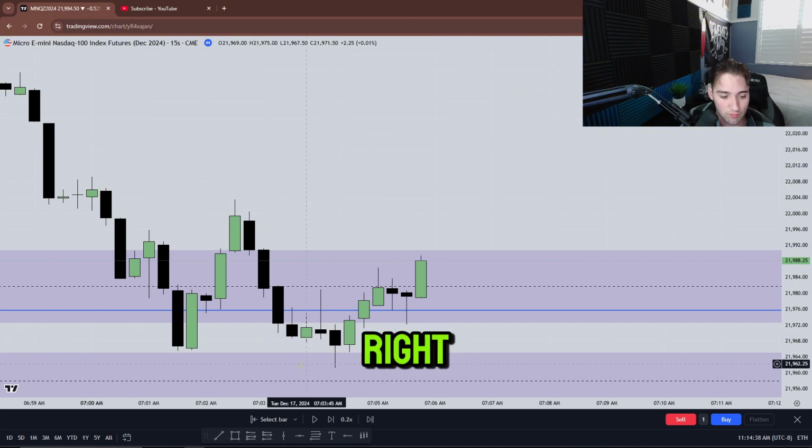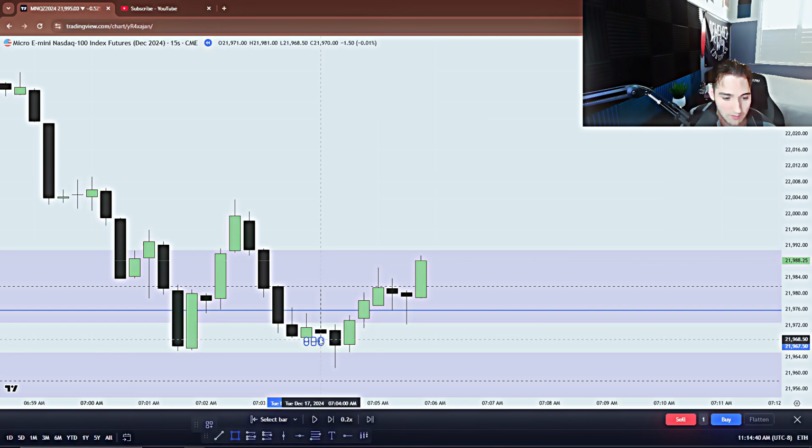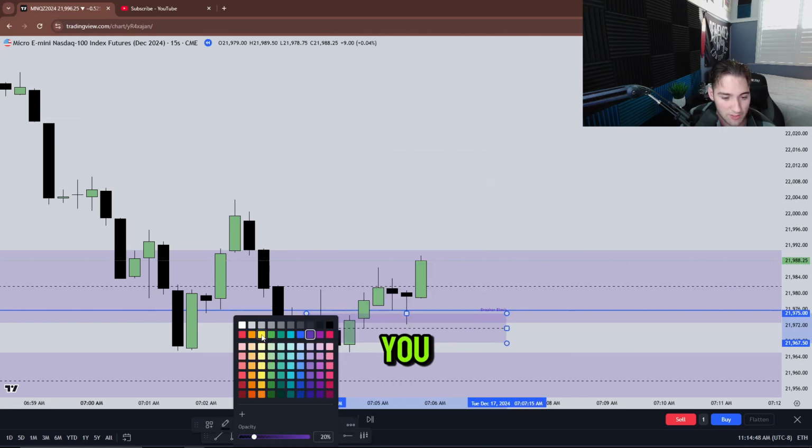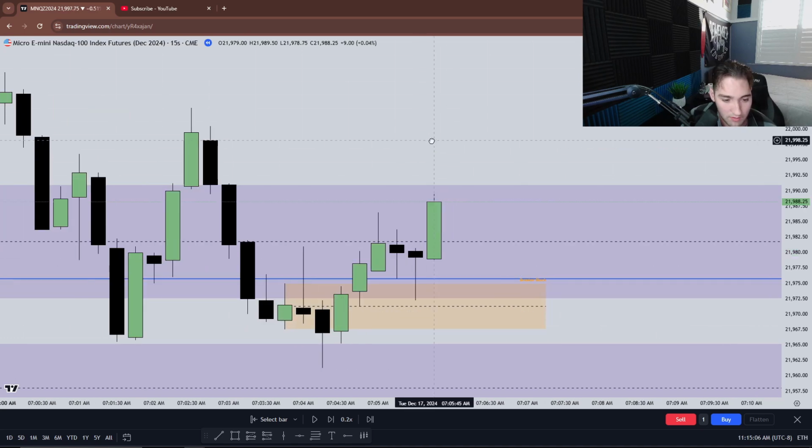1, 2, right here. I'm going to make this my breaker block. We got a breaker block right here. I'll do this another color just so you can see it. Okay, cool. So as you can see,